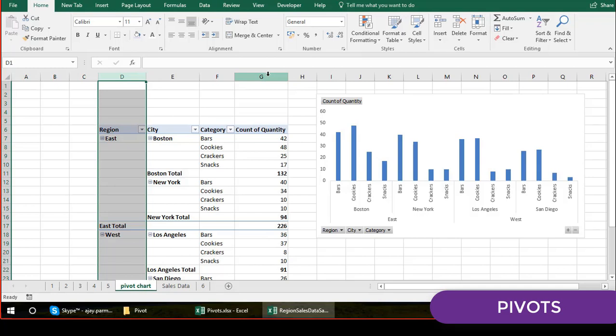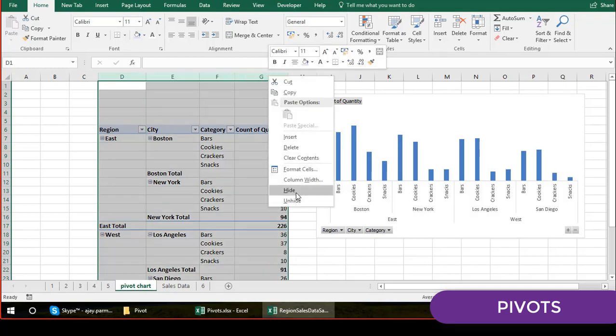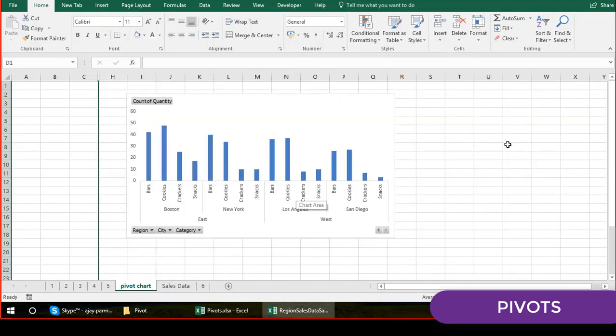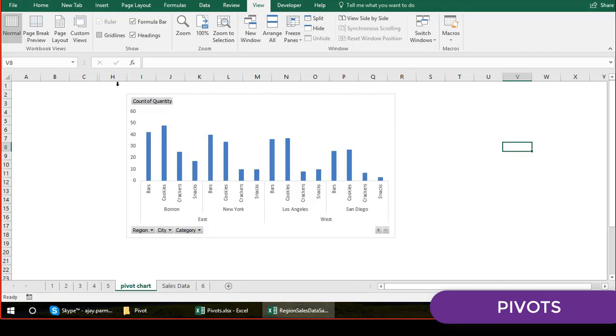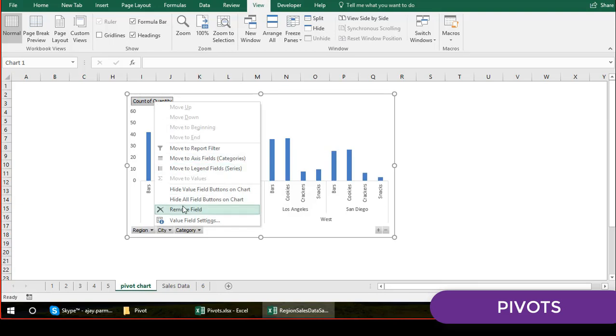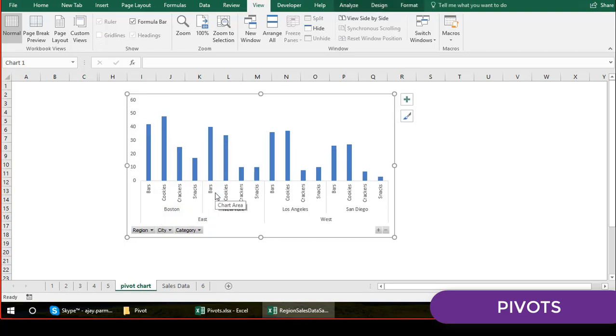You can go and hide this, and you can send this chart to somebody, and they can do all the things here without knowing that actually the pivot is also working. And we don't need this, right? Right click here and say hide all field buttons on chart, hide value field buttons on chart. So let's click on this, not on all the fields. This is gone. This looks much better now.